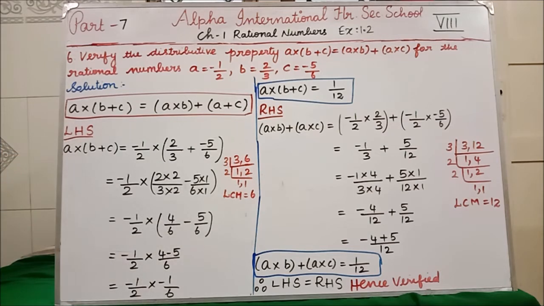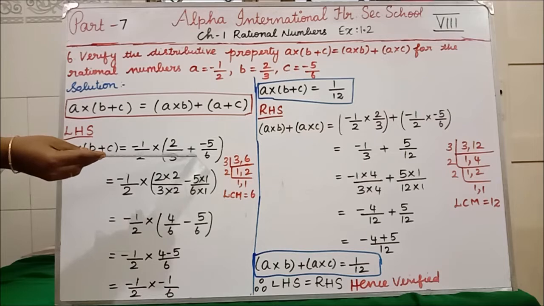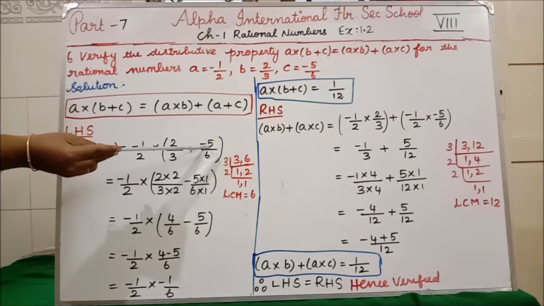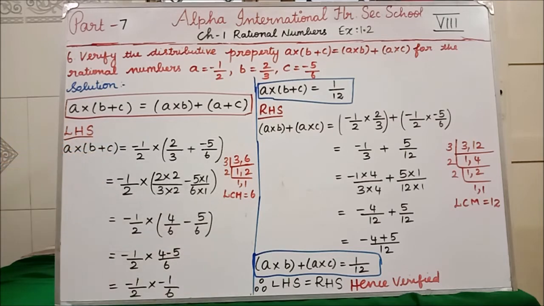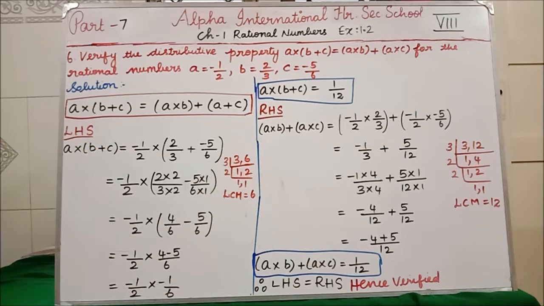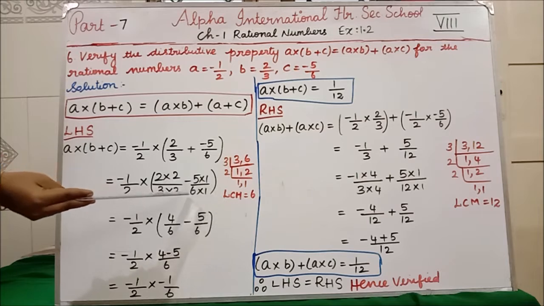Clear? Here at a time we are getting plus and minus. I have told you many times, for one number you should have only one sign. Either it should be positive or it should be negative. We should not get two signs. So now see, minus into plus is what? Minus. Clear? Our LCM is 6. Already we have denominator 6, so it is enough if you multiply with 1. So 5 into 1 divided by 6 into 1.